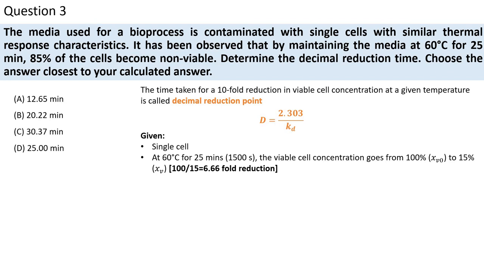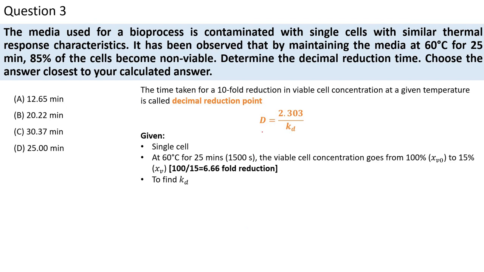The viable cell concentration goes from 100%, that is Xv naught, the initial viable concentration, to 15%, which is the remaining viable cell that is present at the end of 25 minutes. So here the fold reduction will be 100 divided by 15, which is 6.6 fold reduction that has happened. Okay. So what we have to find here, we have to find